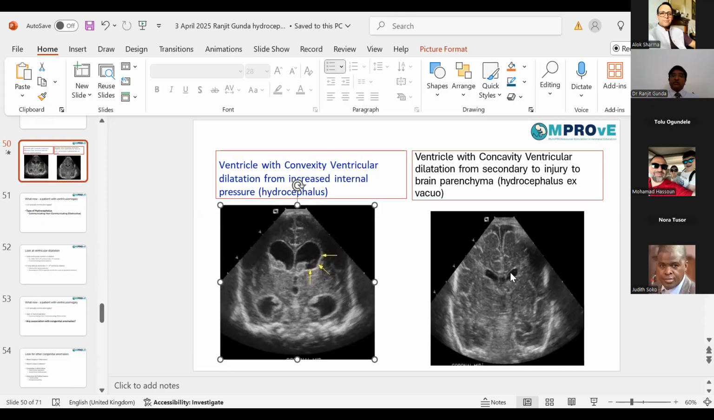Here, in this case, there is no ballooning of the ventricles and the interhemispheric fissures are very prominent, suggesting there is a loss of cortical matter causing negative pressure that pulls on the ventricle, making the ventricle look dilated. Just to add that clinically, when you look at these babies,